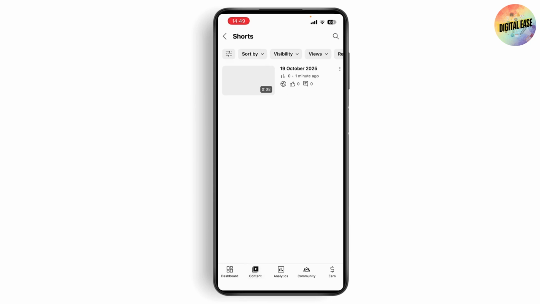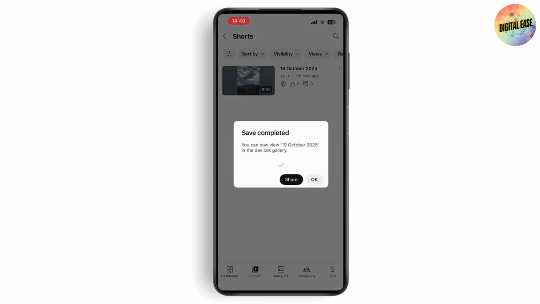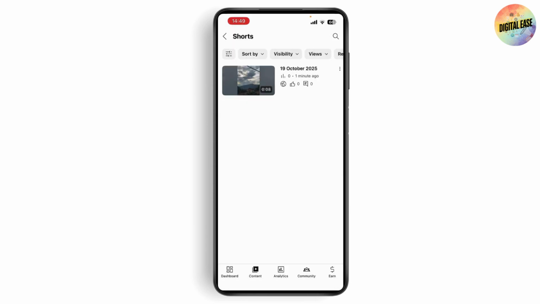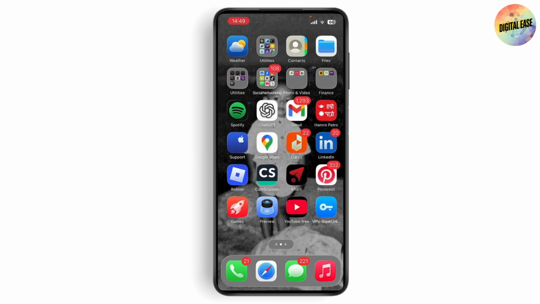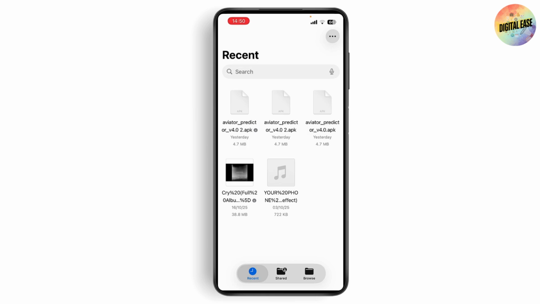Tap on content and go with the three dots which will be on the right side, and then install it on your device. Once the video has been downloaded, you can keep the video in your files. Now go back and then go with your files section, search for files. Once you're on the file section, simply select the video, or if you don't find it right here, then you